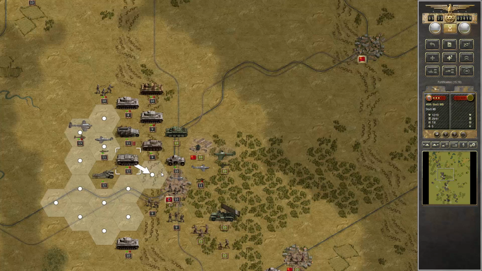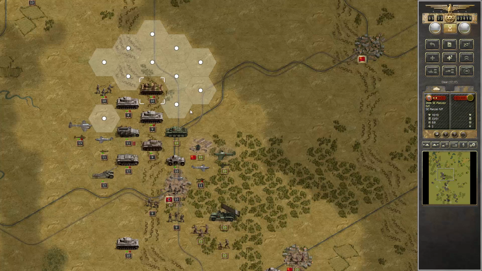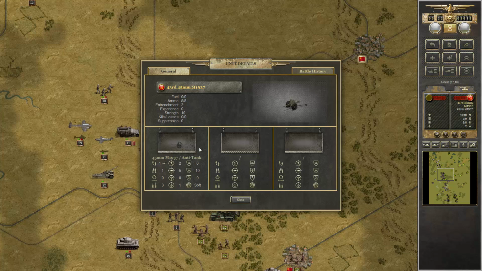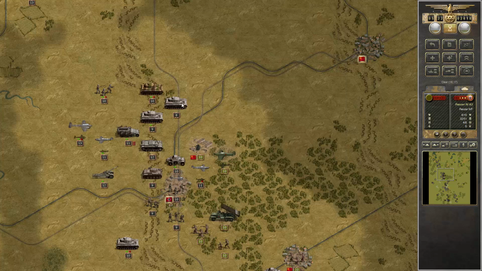And we have to be careful not to expose ourselves. Nah. Can't quite reach it. I wanted to force a surrender, but that's not possible because of the mud. So, and this one has vision range of 1. So we will stay